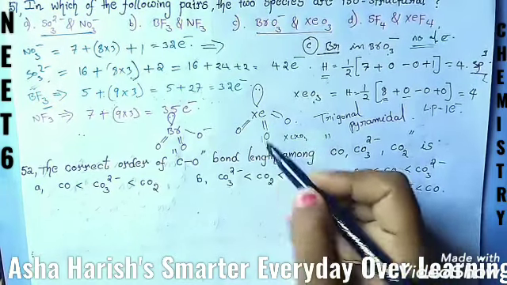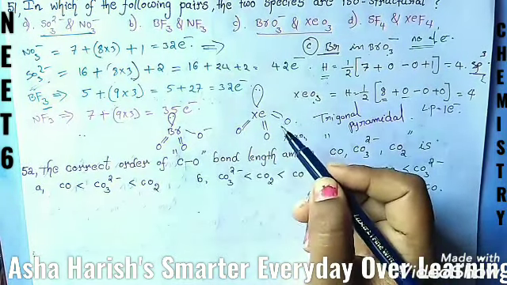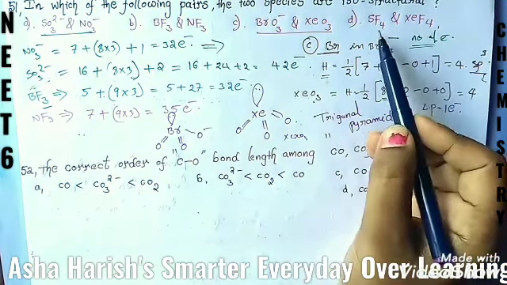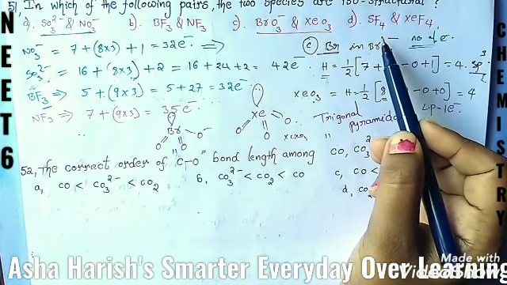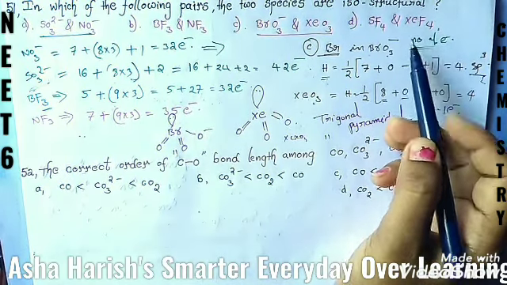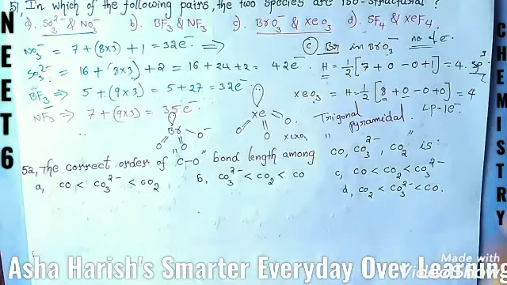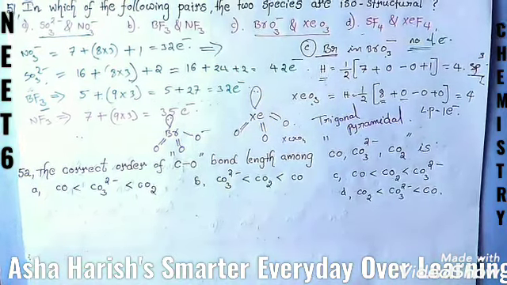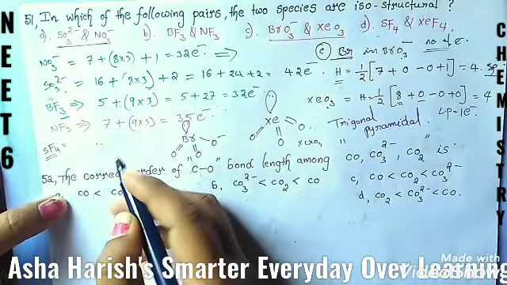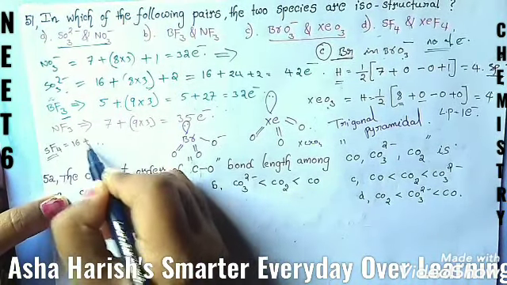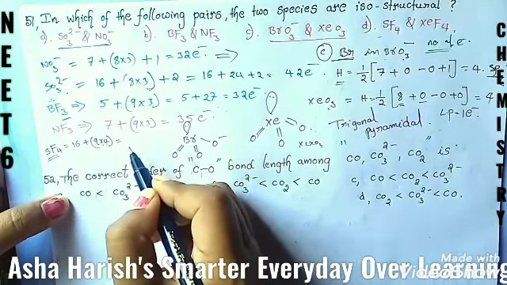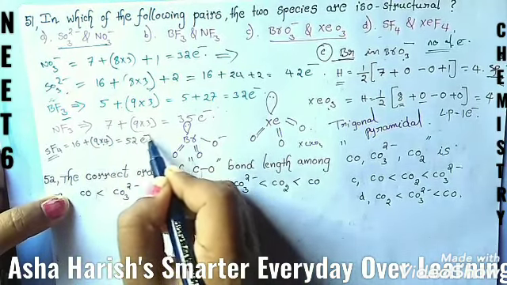These are the structures of these two compounds. And let's go for the next one, option D, SF4 and XeF4. Okay students, for this we need to calculate the total number of electrons. I'll be writing here in this corner SF4. Here, students, 16 plus 9 into 4. Then 16 plus 36, that is 52 electrons.